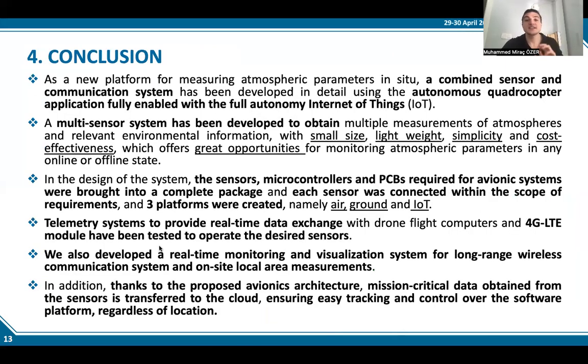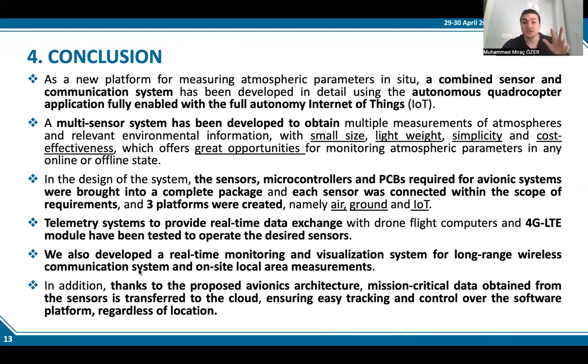Conclusion. As a new platform for measuring atmospheric parameters in situ, a combined sensor and communication system has been developed in detail using the autonomous quadcopter application, fully enabled with full autonomy IoT. In the design of the system, the sensors, microcontrollers, and PCBs required for the avionics system were brought into a complete package, and each sensor was connected within the scope of the requirements, and the three platforms were created, namely